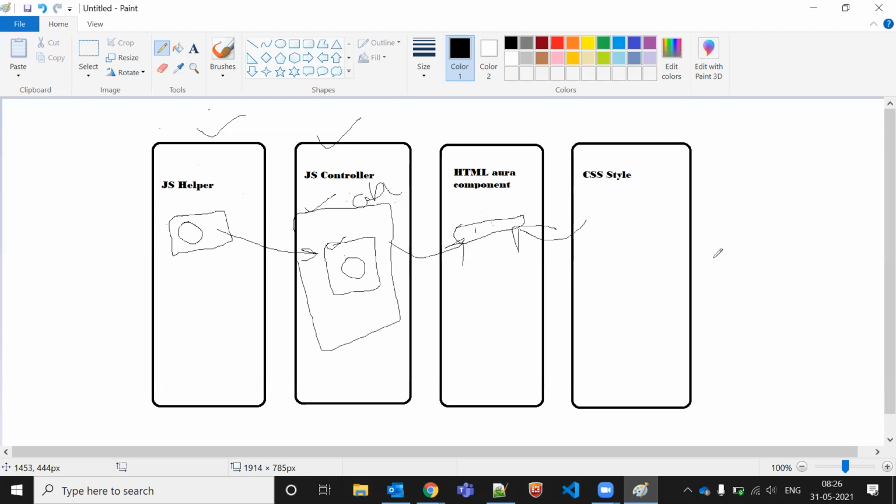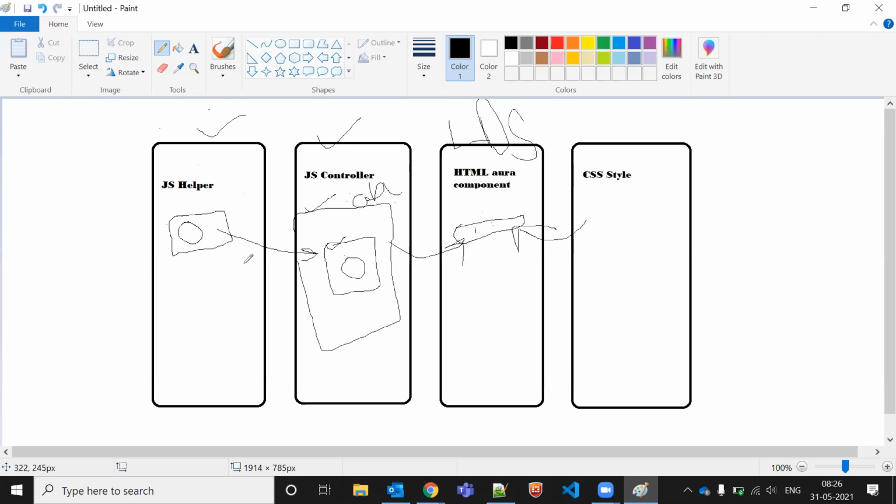So let's say these are the functionality, but some functionality says we need to fetch the data from the database. Generally, without using an Apex class, that will be difficult for us. Apart from that, we have LDS, Lightning Data Service. I will tell you what LDS is later. So that is Lightning Data Service.